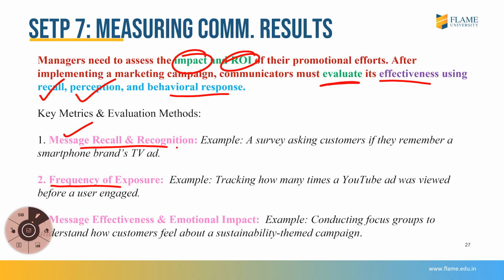So, frequency of exposure is, for example, tracking how many times a YouTube ad was viewed before a user actually bought it. And another thing which I have not mentioned is what is the impact of that ad on the psyche of the customer. Is he happy about it? Am I actually Xing it out and saying too many times, irrelevant? These also need to be and are easily trackable when it comes to social media. Not so much in the traditional methods like TV.